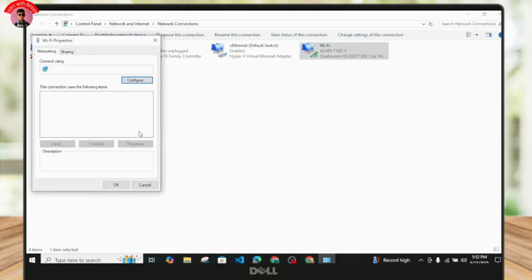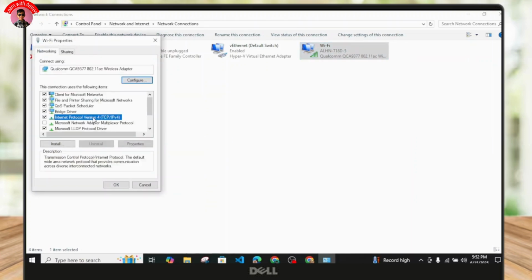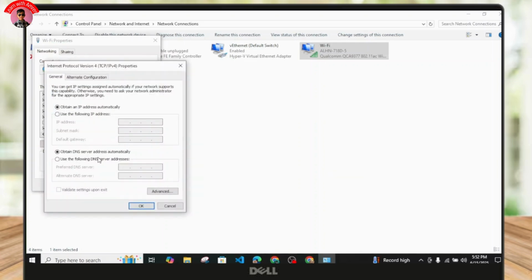And from over here, basically click on this internet protocol version and head over to its properties, or you can simply double click on it and click on this use the following DNS server instead of your automatically provided server DNS. So now just type in at the preferred DNS section 8.8.8.8 and under the alternate DNS section 8.8.4.4. So what it does is it will basically be faster than the automatically provided DNS from your server,